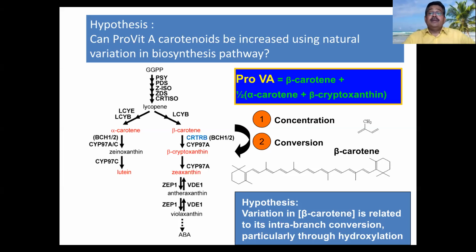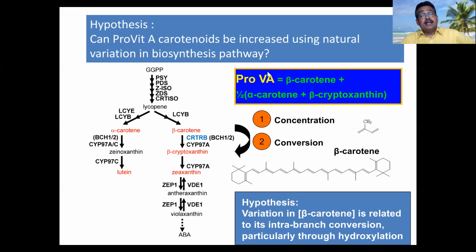This is the beta carotene structure. This gene was found out in maize in 2000 by Hedges and others. From that, people started exploiting this particular gene. If a particular line has this pathway truncated because of reduced synthesis of beta cryptoxanthin, beta carotene increases. Some lines we found out, and for those lines markers are now developed. Using the markers, we select the lines and do the backcross breeding program.